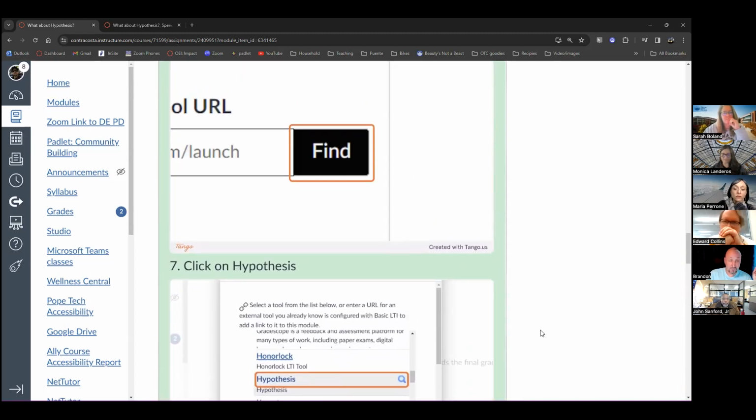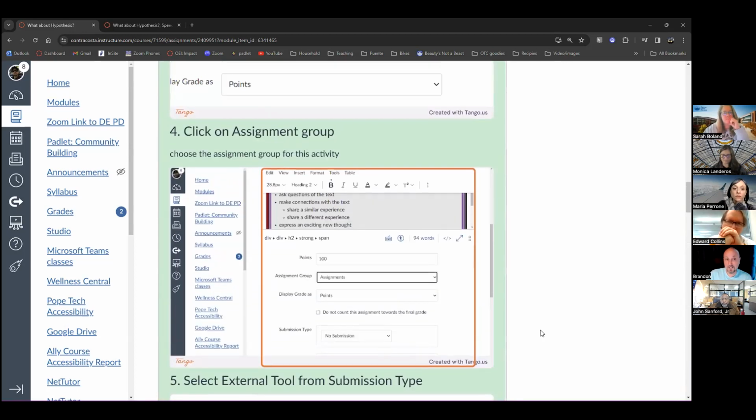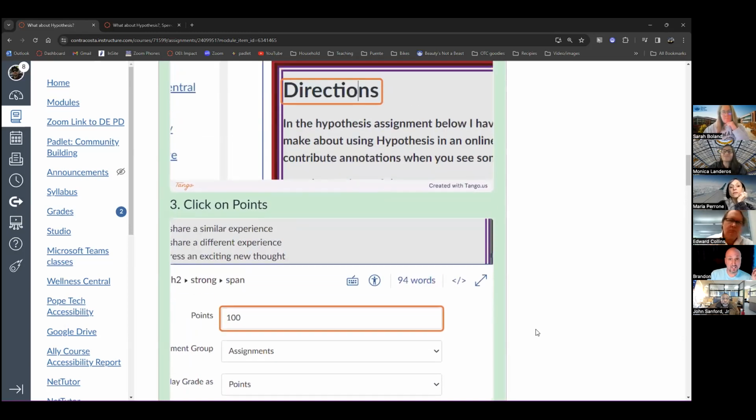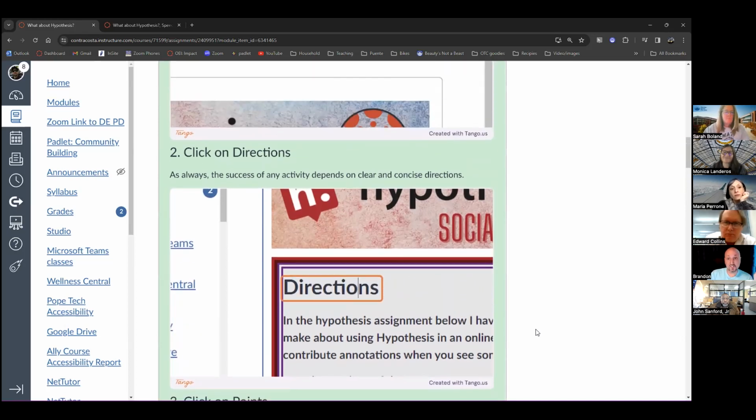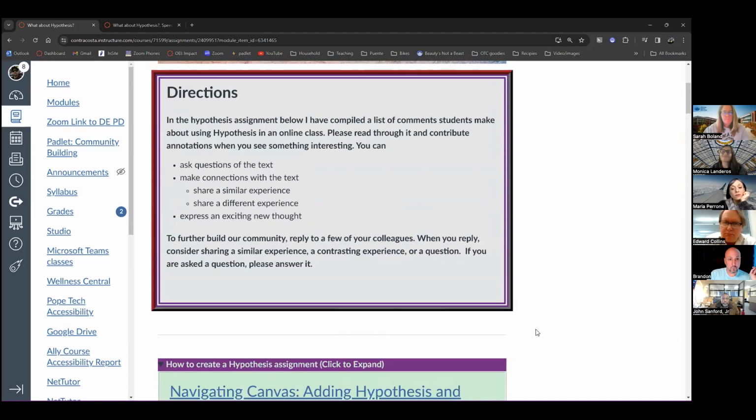Of course, if you ever have questions on how to integrate any of these tools or any other kind of tools into your course, that's what Monica and I do. We're available all year round to meet with you and walk you through setting these up and help you with best practices and really get you on the path to success. And so if you are from CCC, Monica and I are here to work with you.